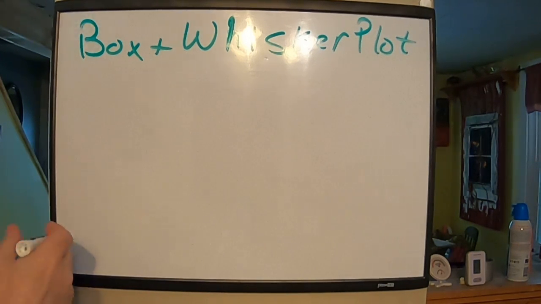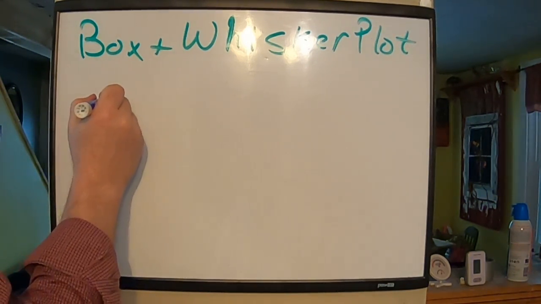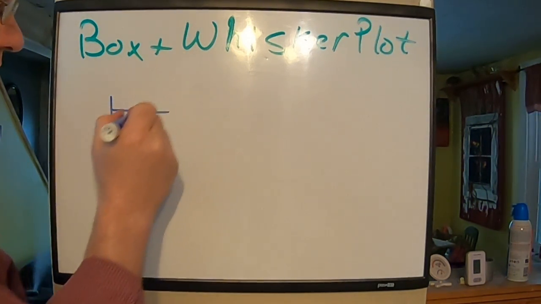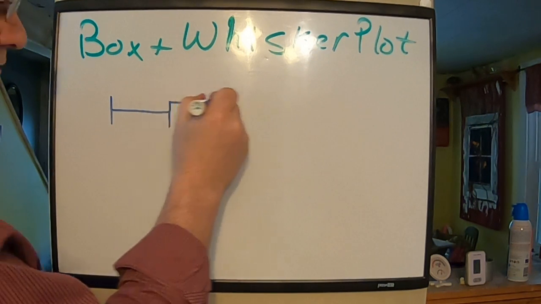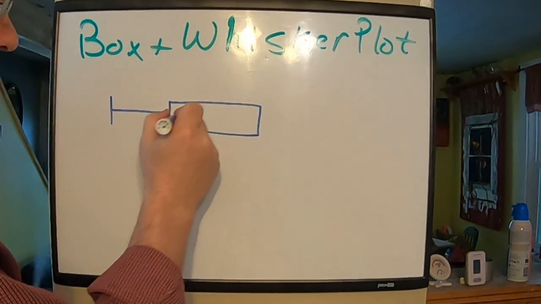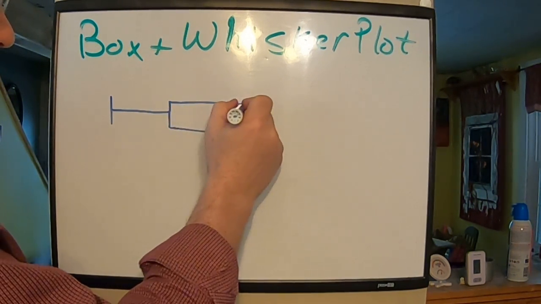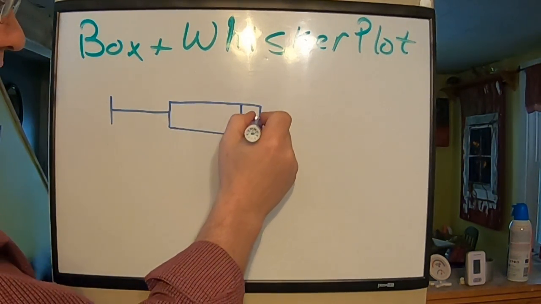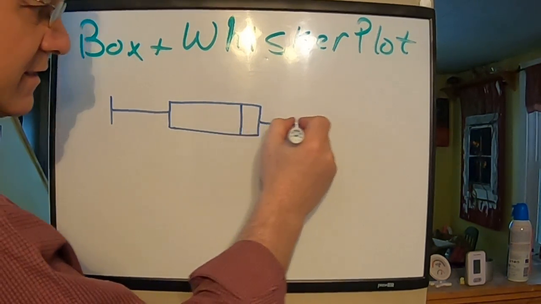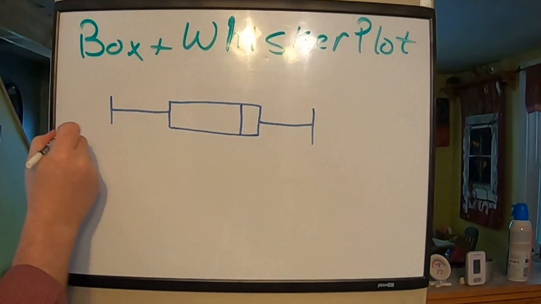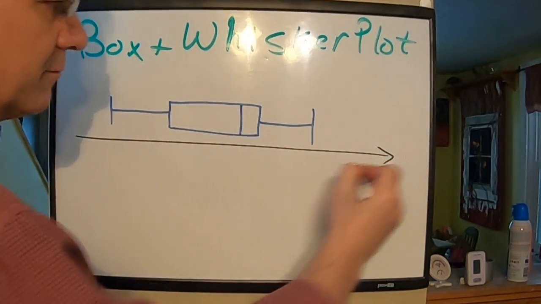So oftentimes it's just drawn with either a line or a big dot, and there's your whisker, and then you've got your box, and the box doesn't have to have the line in the middle on one end or the other. It might be far down the other end or close to the middle, and then it comes back out and has the whisker. Now, these might be dots instead of lines there, but oftentimes you have a number line underneath it,